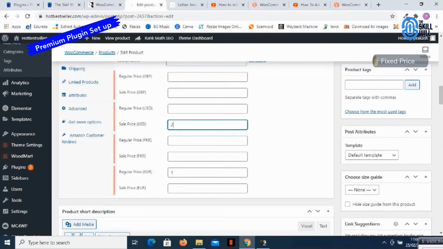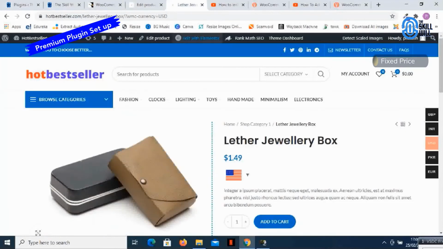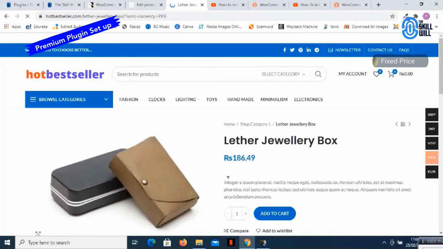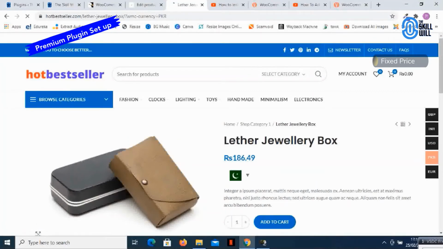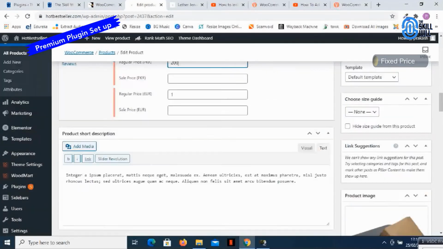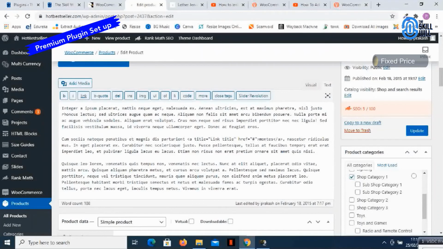This you can do to counter the exchange rates, and for PKR I will set it to 200. And if I go and update it now,